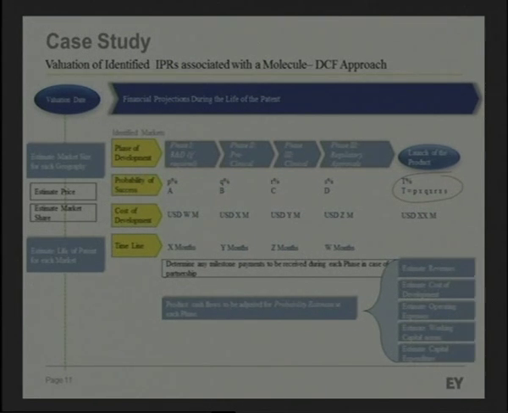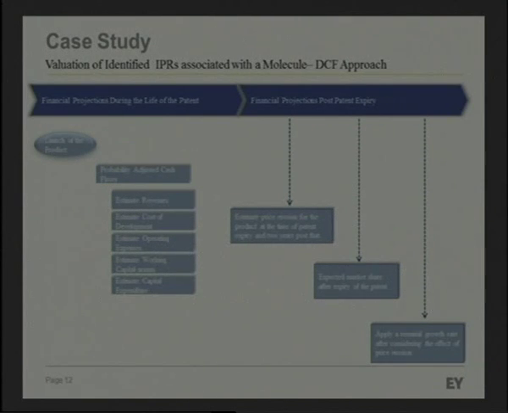Once I complete this exercise over the life of the patent, I simply compute the present value of those cash flows as of the valuation date, which you can see in the top left corner of the slide. As of that date, during the life of the patent, this is the value or the worth of the intellectual property right. Now, what happens after the patent expires? Does that mean that there is no further cash flows that I'll be able to generate? Not really. Because even post patent expiry,